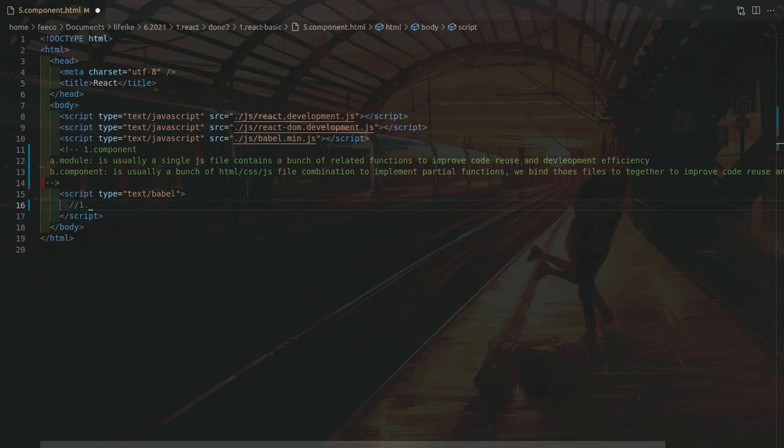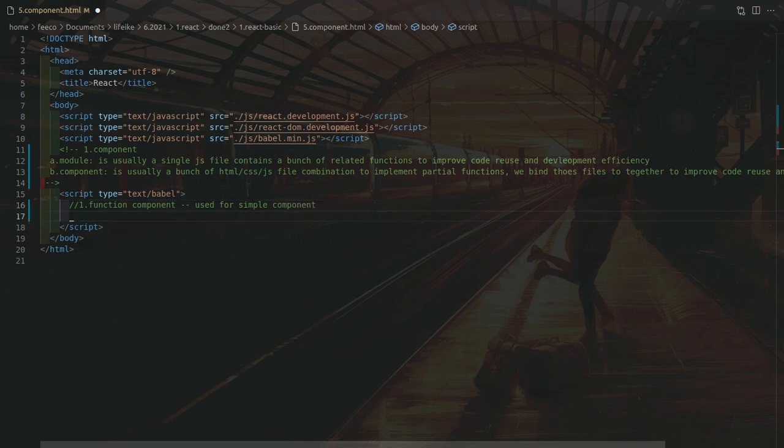The first one is the functional component. Usually, the functional component is used for simple components,